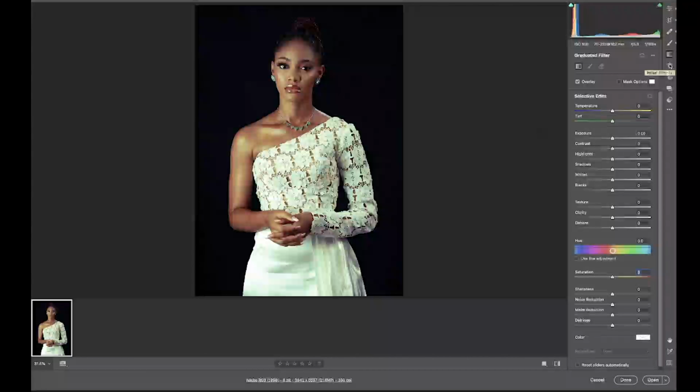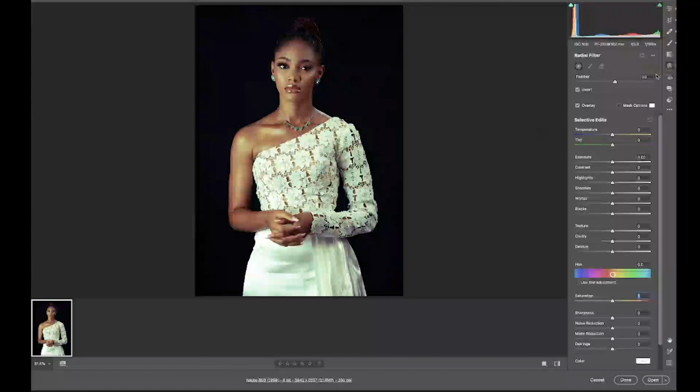So what does this do? You know this is a gradient filter. This is also a radial filter, so this is more of a circle. So I'm going to create it and bring it by pressing down my space bar. I can move it around. So I will release my space bar and leave it there. So I will now reduce my exposure